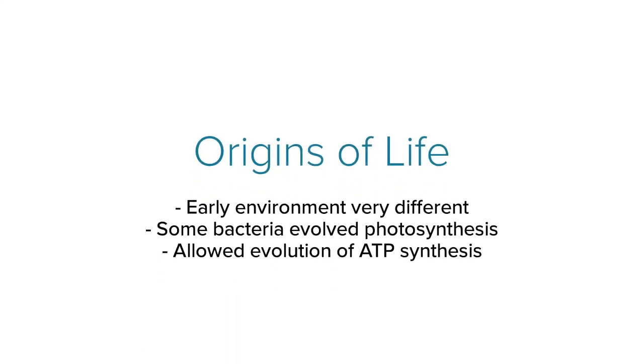So now shifting gears to talking about the origins of life. So the early environment of the Earth was actually very different from what it is now, in that it had very low oxygen levels. And so some bacteria early on evolved photosynthesis, which allowed oxygen to accumulate in the atmosphere, and this eventually allowed for the evolution of ATP synthesis, which is an oxygen-dependent process,